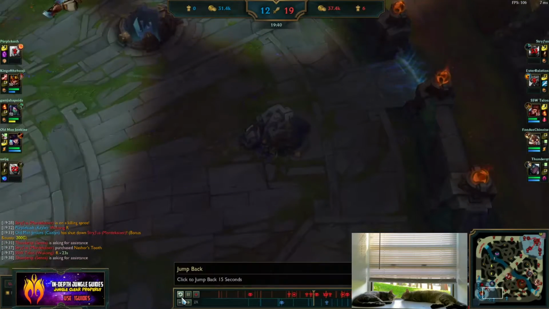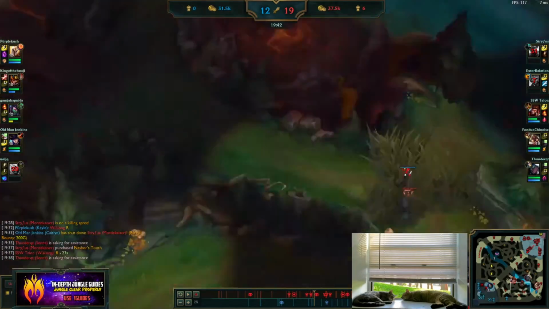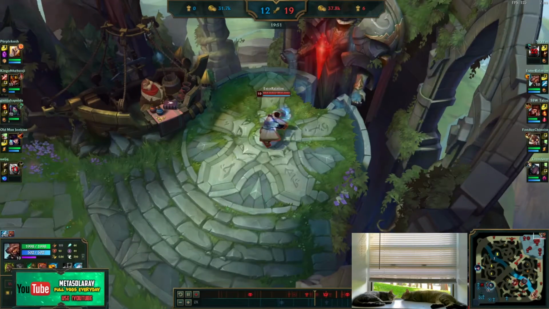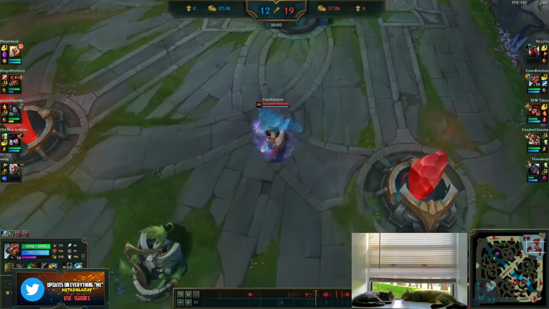Now, yes, you definitely did well putting some damage on the tower, but you guys should have left earlier because Infernal Dragon's on the map. Because remember, if you die, especially if Mordekaiser or Wukong die, they could just force the dragon. Lucky for you...